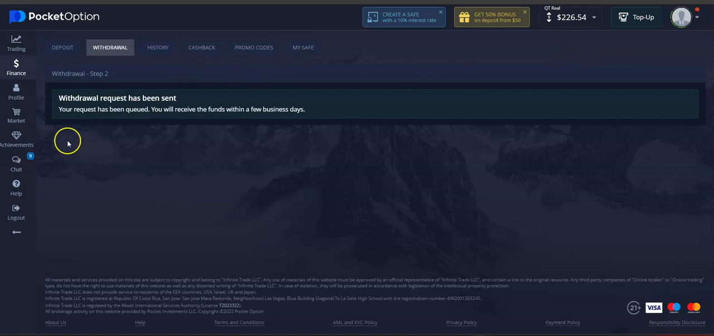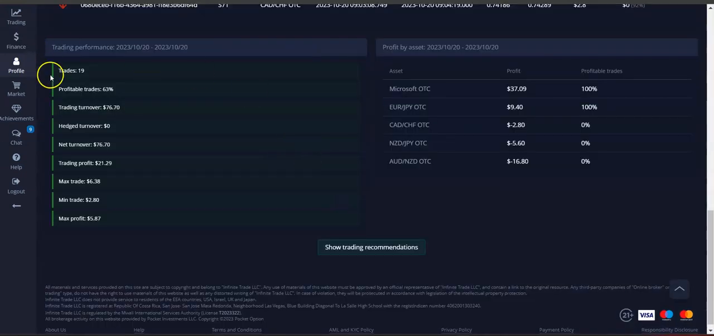So let me go over to my trading history so I can show you today's performance. And there you have it, guys. So today we performed 19 trades, so profitable trades, 63%, turning over 76 bucks. Okay, and the net trading profit was 21.29. Okay, so max trade 638, minimum trade 2.80, and over here we can see the currency pairs that we made